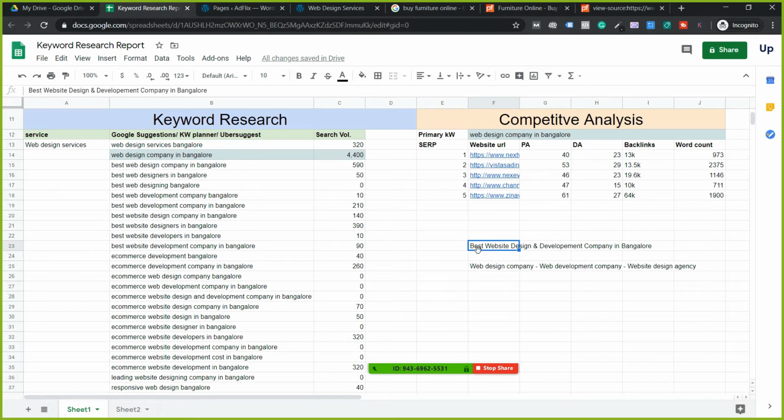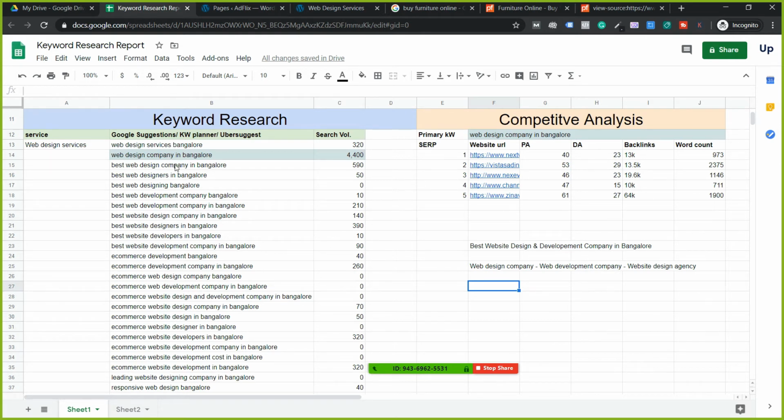So that's the reason I'm optimizing, because I believe I am the best web developer. I offer the best services for my clients. I'm not saying in the world. I want to offer the best services for my clients at the prices I can afford. So that is the reason I have put the word best. The keyword is almost optimized.